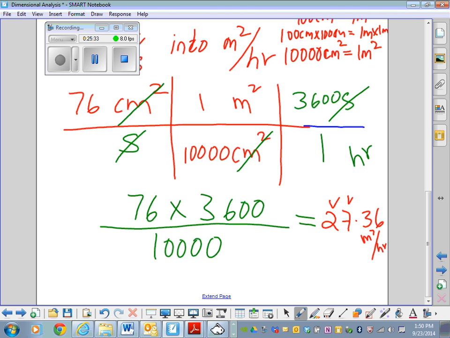27.36, and my units are going to be what? Meter squared per hour. Is that right? And I need the answer to 2 sig figs, so I'm going to say 27 meters squared per hour. Is everybody clear? You understand how to do such problems? You picked up a fact